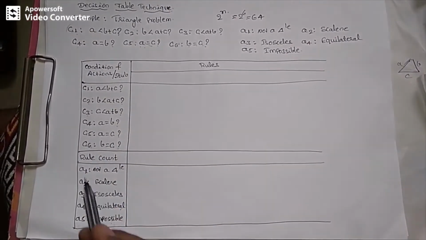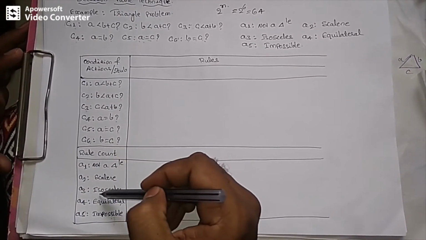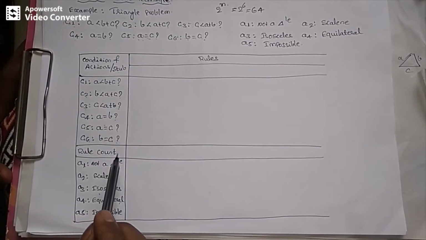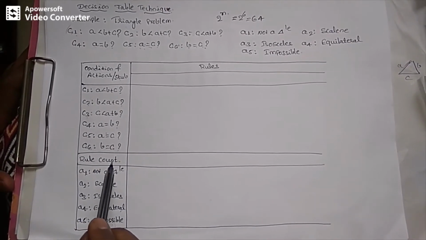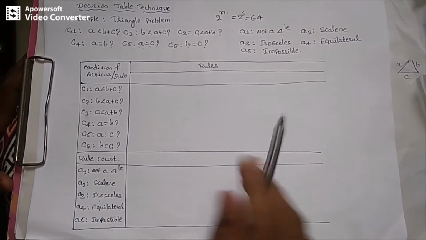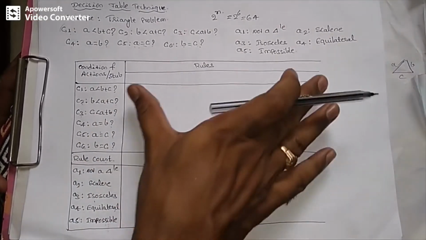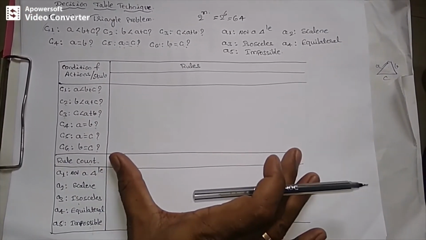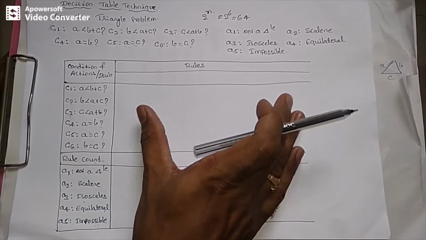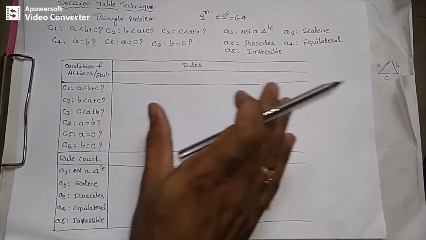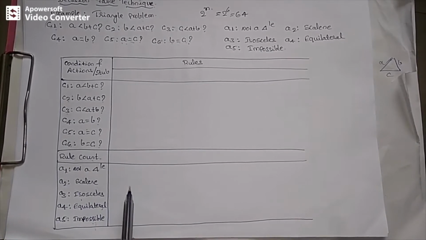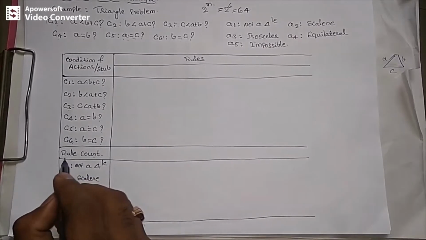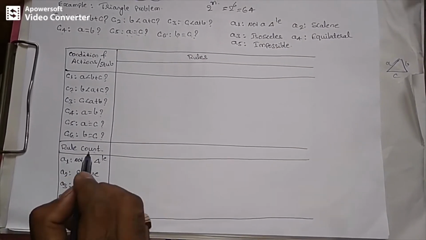In between the condition portion and the action portion, there will be one more row, which we call the rule count. The rule count gives a clear picture of how many rule entries there should be in the decision table. Based on the rule count, we make the entries in the decision table, using Boolean values, zeros or ones, or true or false, and the output result is indicated using a cross mark. So what do we mean by rule count?